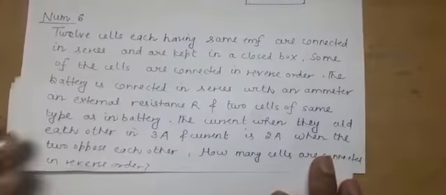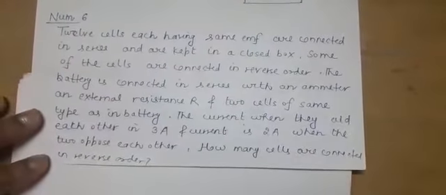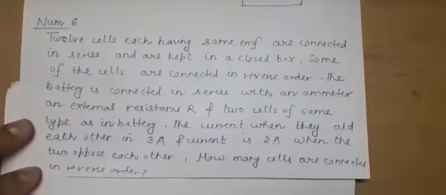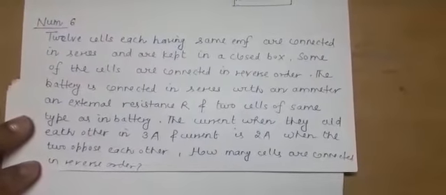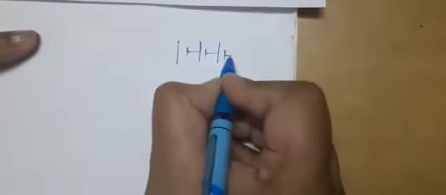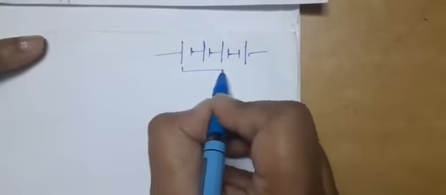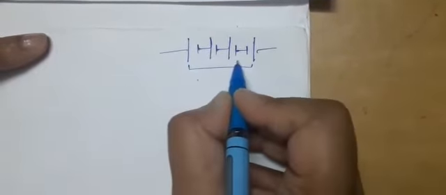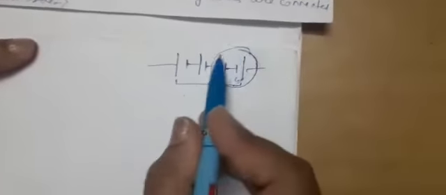This is a numerical which I am taking. This is on the concept of when one cell is wrongly connected. As this is an important concept, that's why I am taking this extra push. See here, before going to the statement, I will tell you, if we have a number of cells connected and one cell is wrongly connected, then what will be the effect? These 4 cells are connected, and if one of them is wrongly connected, the impact of 2 cells will be removed. It means these 2 cells will be destroyed.